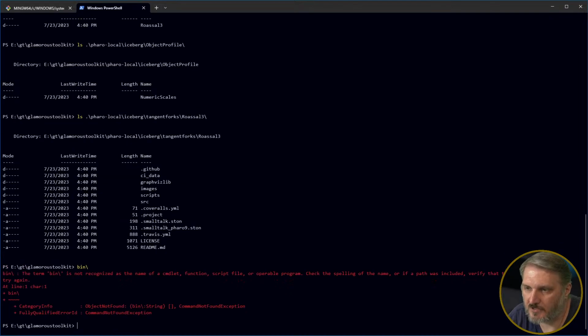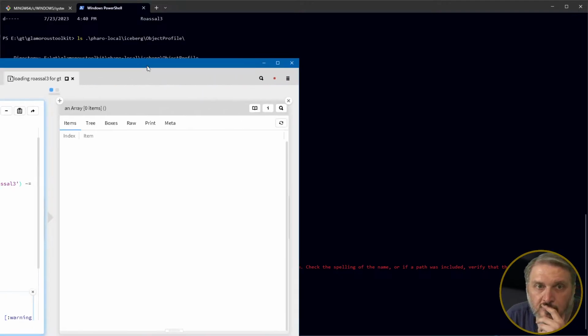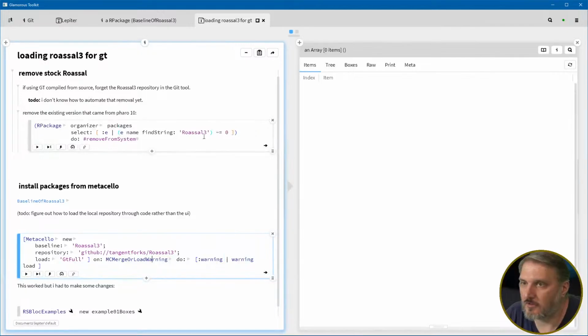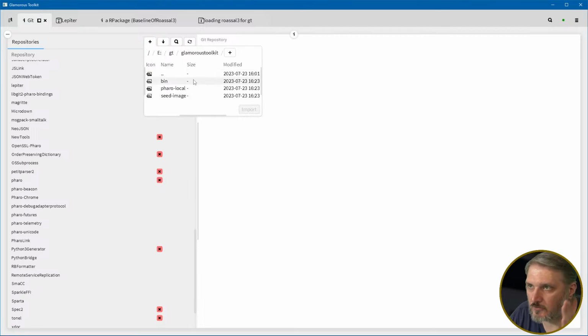So let's just try again. Bin Programmer's Toolkit. I did save it right before that point, so. If I go to Git, we have no Rosal here. Okay, so what I really want to do is load a local repository. And I want to load the